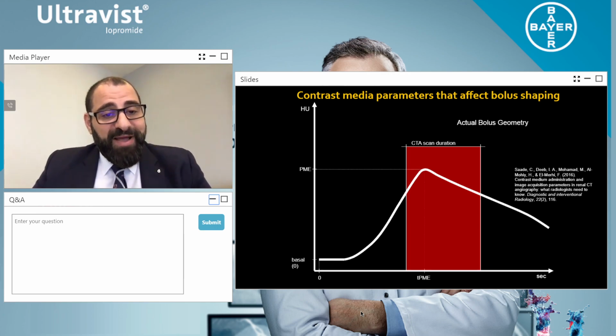And this is where I come back to one important factor: monomer versus dimer, or the lion versus the elephant. Who is the king of the jungle? The lion is the fastest and the king because it's fast and it can get away from everything. More importantly, when we're looking at Ultravist as a monomer, it can move like blood and it can get to all the small places, meaning the blood supply to any tumor is very complex. And with these complex vessels supplying these tumors, you need to know that you have a contrast that can get through all of these small vessels to enhance the lesion uniformly.